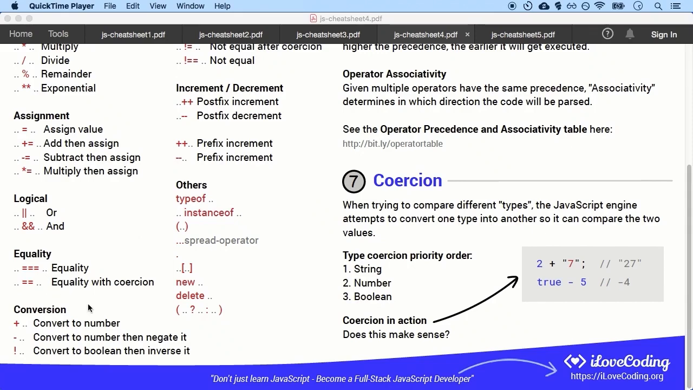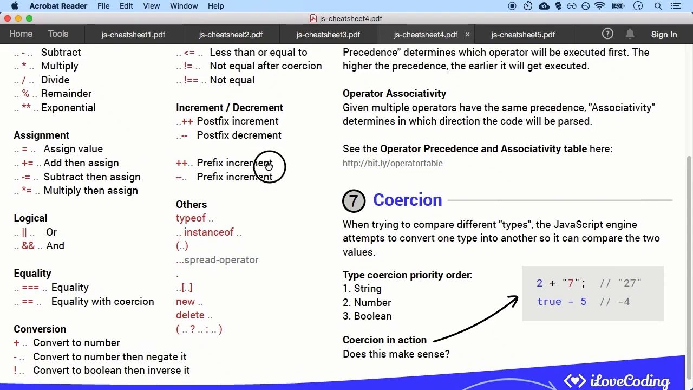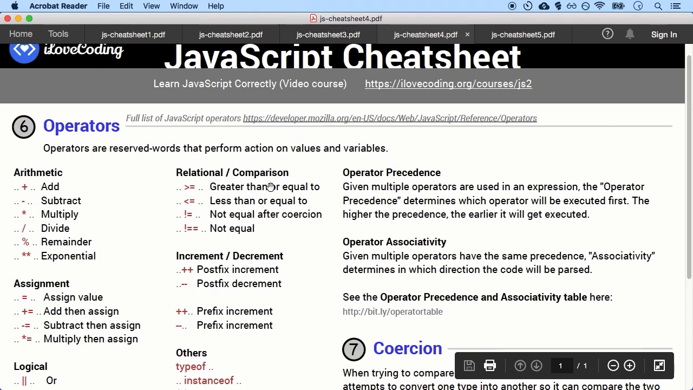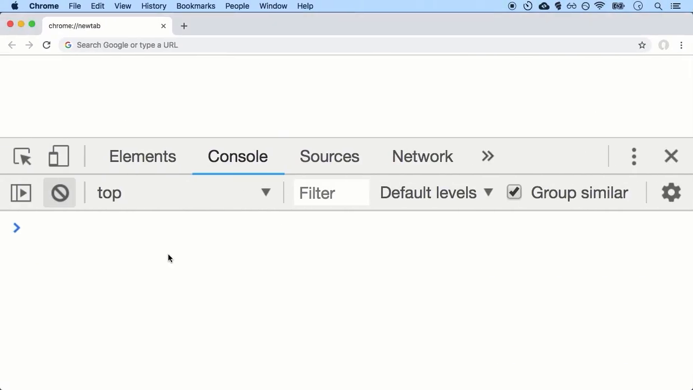Before we move on to the conversion operators in JavaScript, let's quickly look at the relational and comparison operators. So equals, greater than equals, less than equals, exclamation point equals, and exclamation point double equals. So let's quickly look at it. They're not that complicated. These operators are used to compare values, similar to the double equal sign or